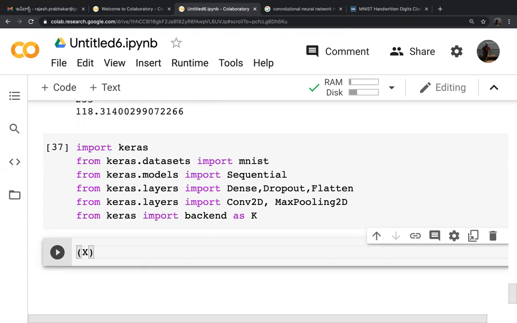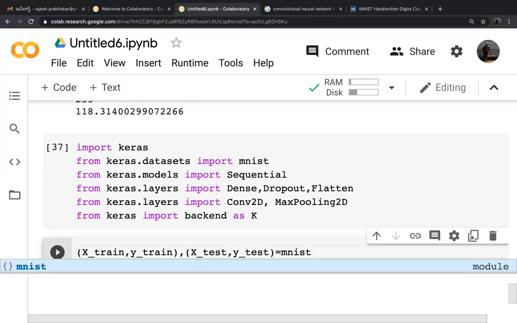So x_train, y_train, x_test, y_test is equal to MNIST.load_data. I am creating two data sets, a train data set and a test data set.